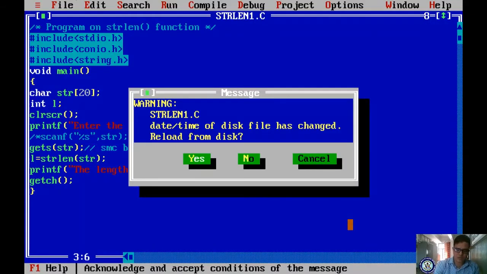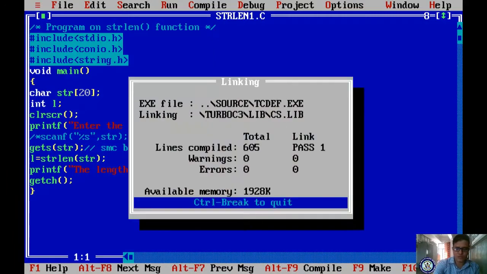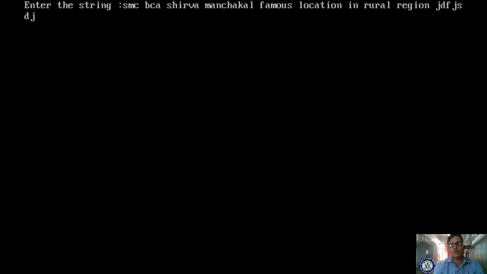For example, I am running this program once again. Okay, I am typing. Please observe here: SMC BCA Shirva Manchakal and famous location in rural region. Okay, I'm typing something.